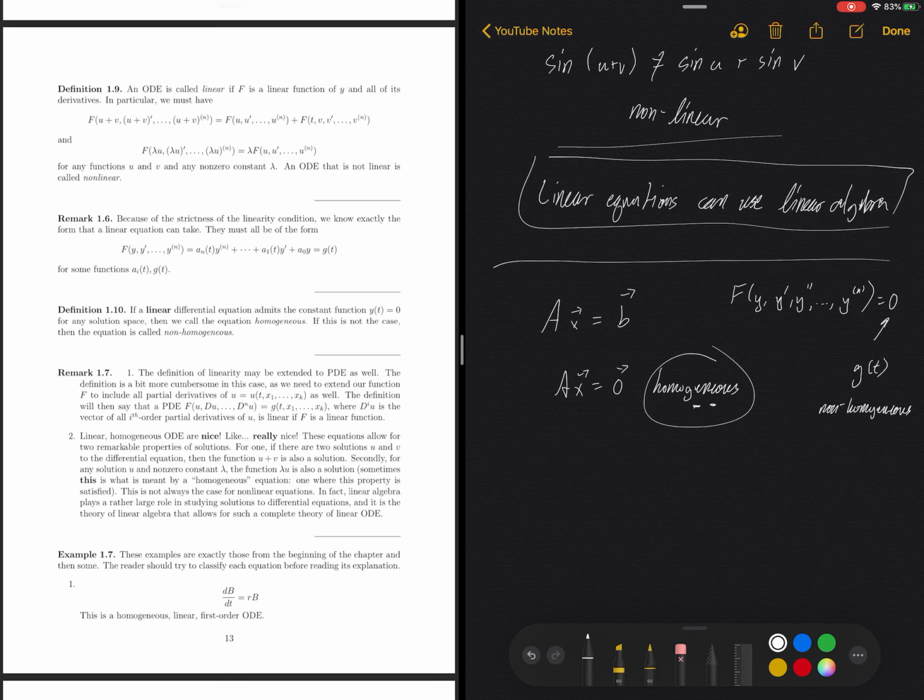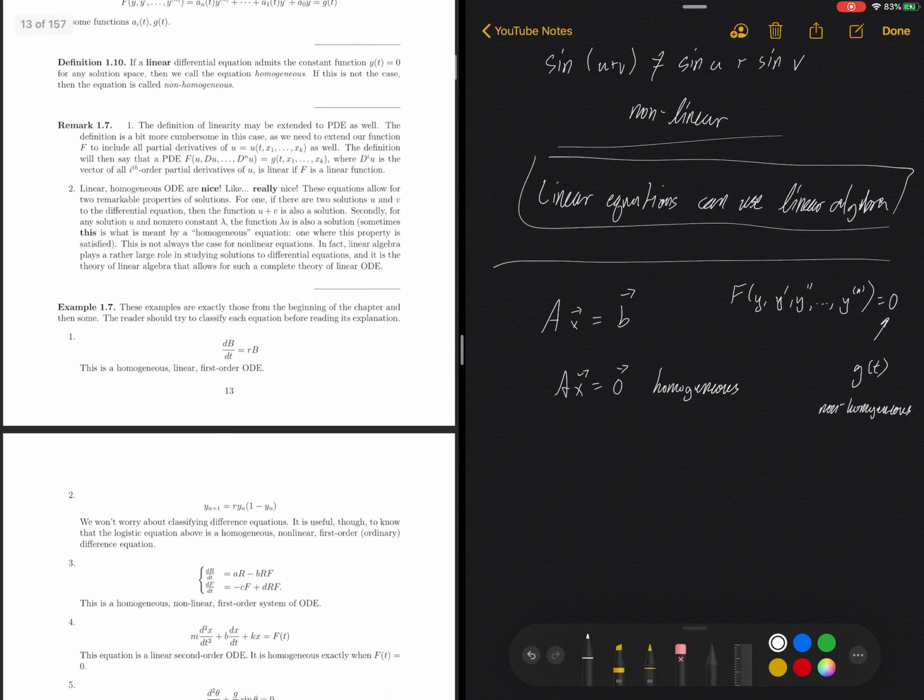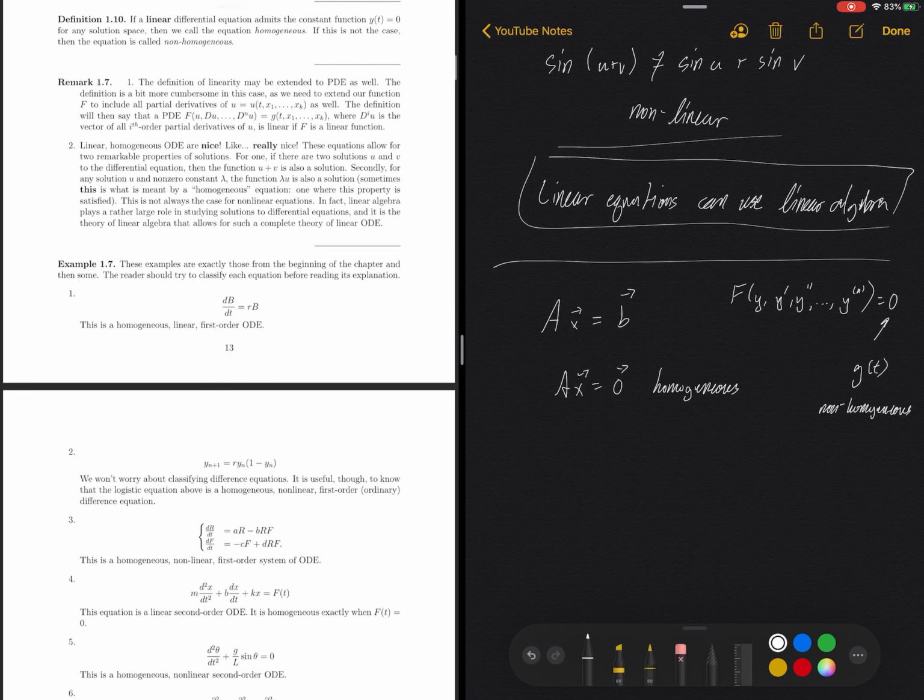And no, I'm not mispronouncing that. There are 2 e's in this word, okay? It's not homogeneous, it is homogeneous. And I am a stickler about that. If I ever hear any one of you say homogeneous when you mean homogeneous, I will disown you. Okay, now that we have that clear,